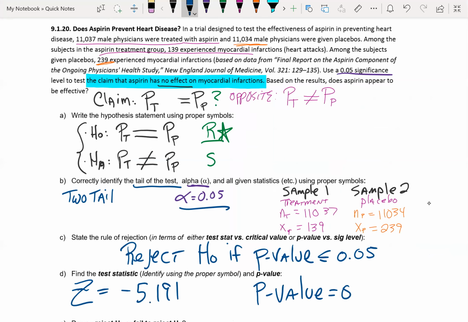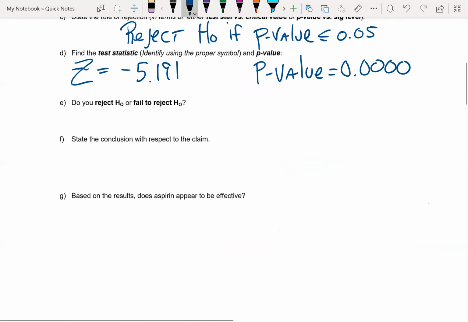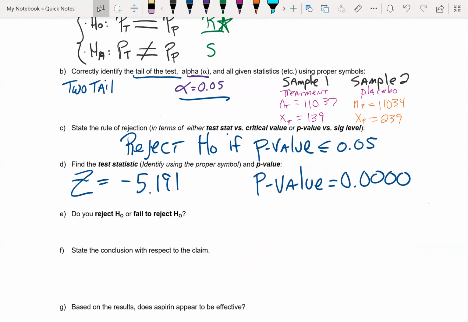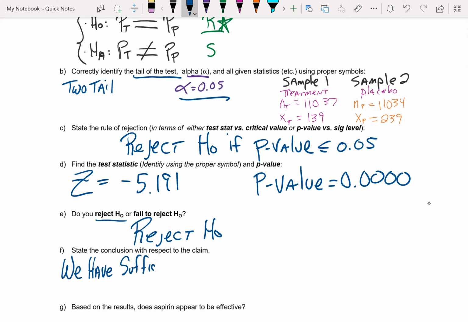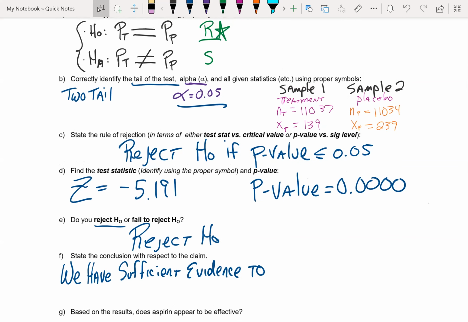So -5.191 with a p-value of, for all practical purposes, 0. And we said we'd reject the null hypothesis if that was the case. So reject the null hypothesis we will. And now when it comes time to write the conclusion, there's 3 parts to this. The start of it begins with what we just did. When we reject the null hypothesis, we have the evidence. So we have sufficient evidence to,